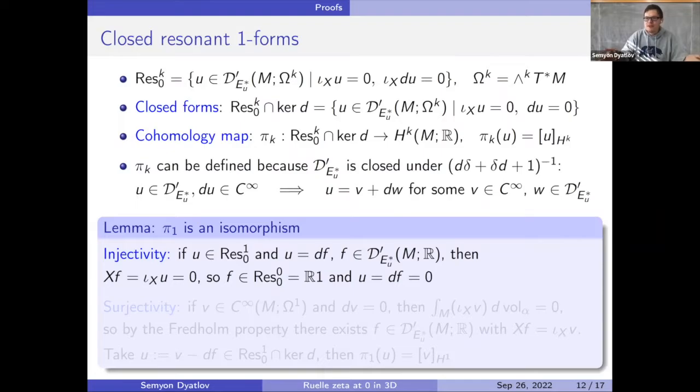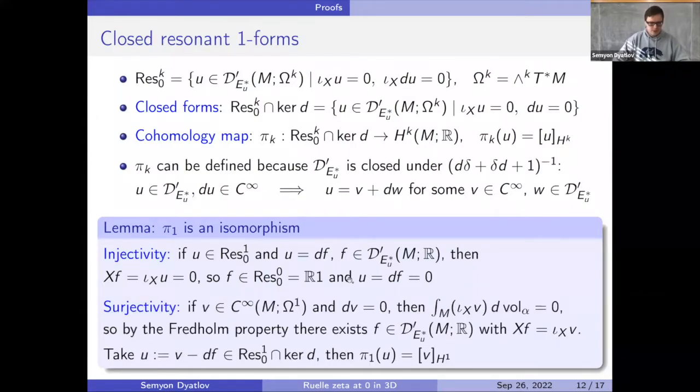The issue, of course, is not all generalized resonant one-forms could be resonant one-forms, it could be Jordan blocks, and more seriously, in a way, not all resonant one-forms are necessarily closed, as we will see. But the closed resonant one-forms are in one-to-one correspondence with homology classes by just this projection. And the way you prove it is actually pretty simple. Once you have the technology coming from those anisotropic spaces and stuff,